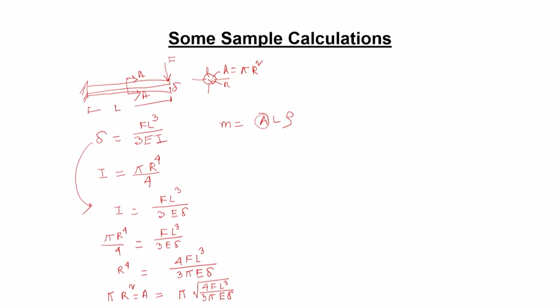Now, you have this as the area, and then I can now suitably replace it here, that the mass will be now as pi square root of 4 f L cube over 3 pi E delta, right, times L